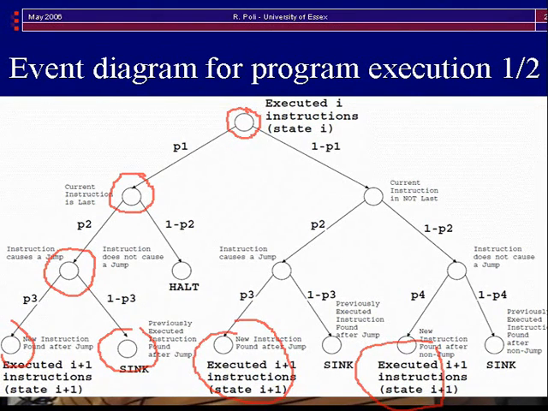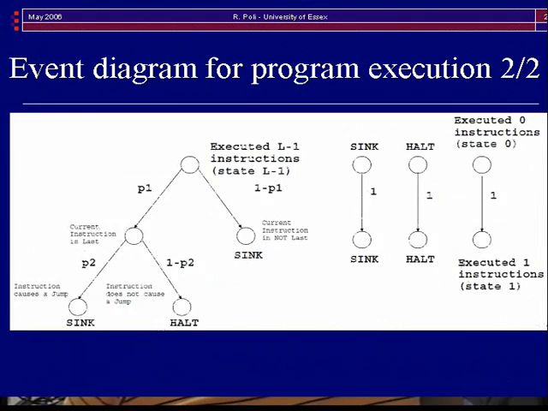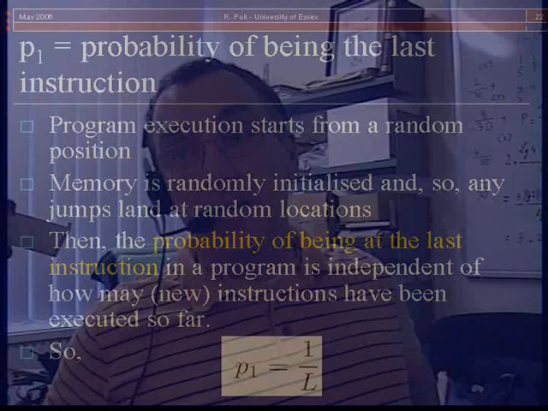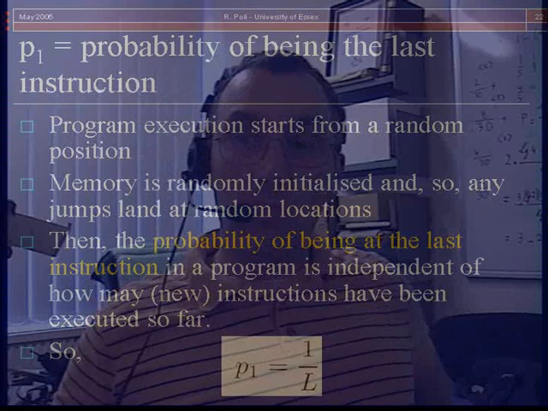There is one way of halting, and there are three ways of reaching the sink. One I have highlighted before, and the other two are here. That situation. So you've seen that in the main tree that I've shown before, we had several probabilities labeling the